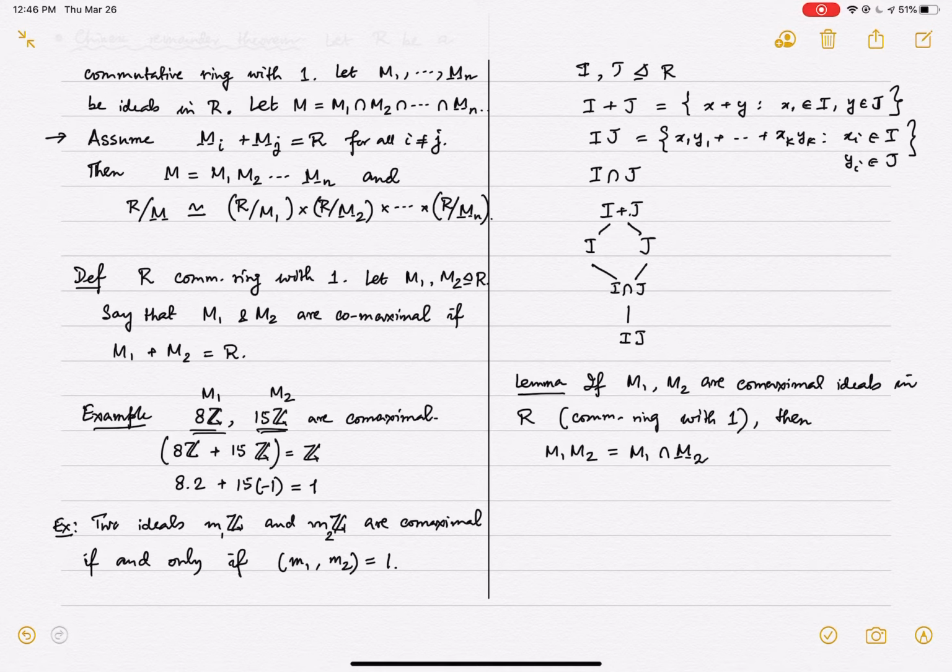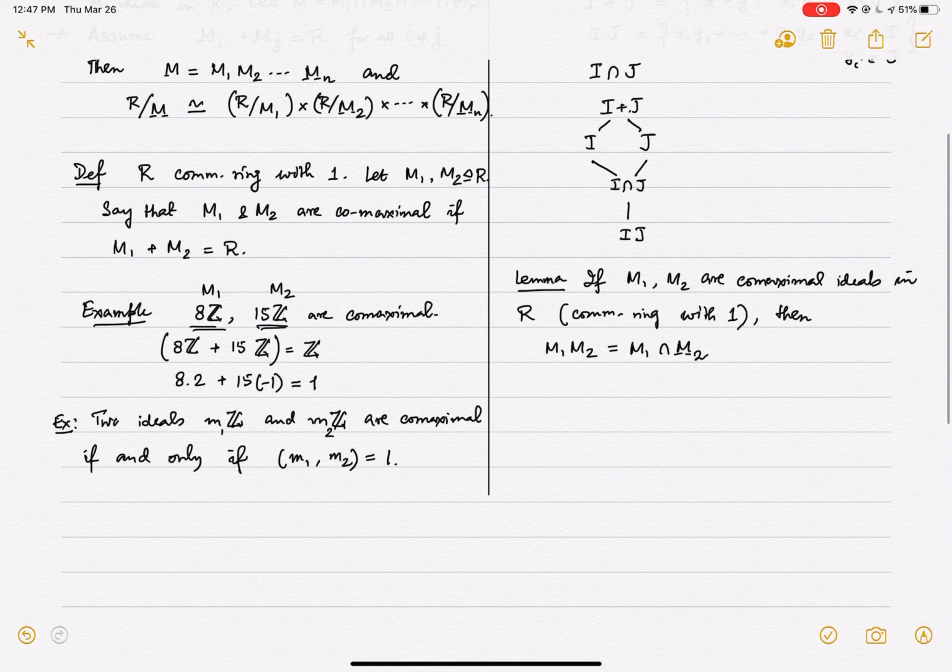For example, maybe I can give you one. So look at the ideal 2Z and the ideal, well, 2Z again, why not? What's the intersection? The intersection is 2Z again. But what's the product? The product is the ideal generated by pairs of the products of the form xy, where